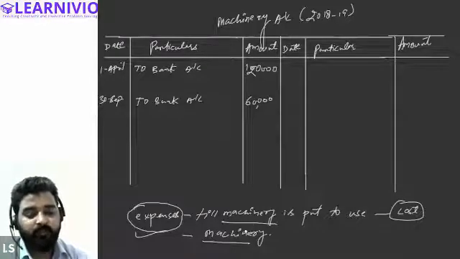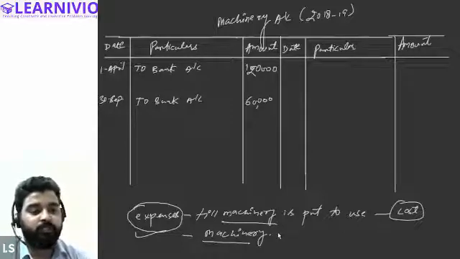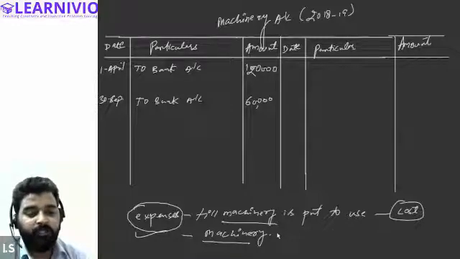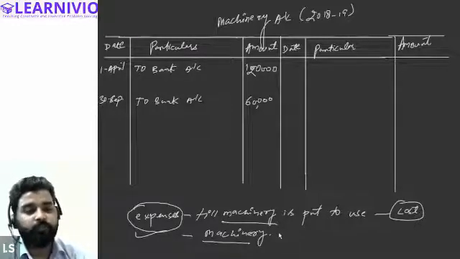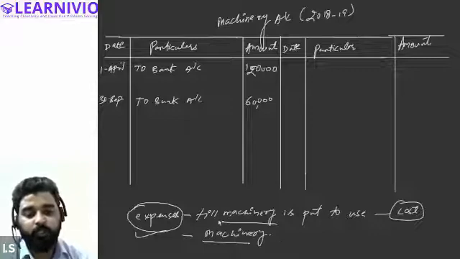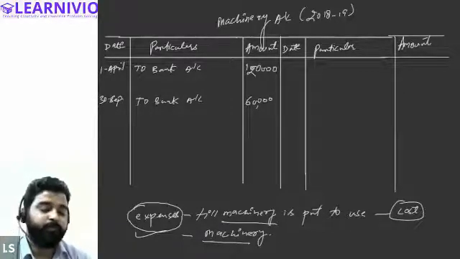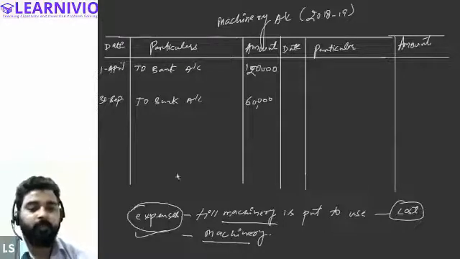So if the expense is incurred on machinery before the installation of machinery, those costs will be included in the cost of machine. That means only those expenses incurred before the installation will be recorded in the machinery account. Expenses incurred after the installation will not form part of the machinery account. Therefore, this expense will not be recorded in the machinery account. Everyone got this point? Yes, sir. Okay.